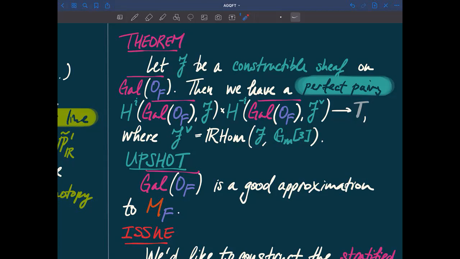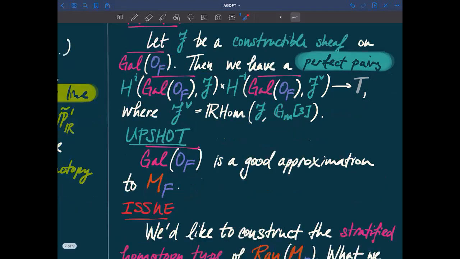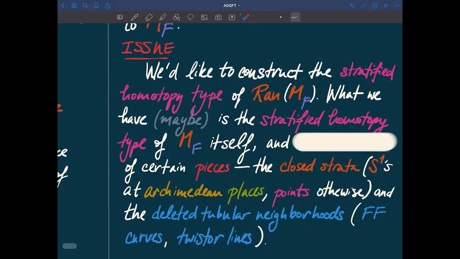So this is the theorem that we can prove. It's still perhaps a little unsatisfying because it doesn't involve the sort of more sophisticated fix to the deleted tubular neighborhoods of points, but nevertheless, this duality theorem is true. And so we sort of think of this gal OF bar as a good approximation to this gadget MF. But that wasn't the mission that I started out with. The mission that I started out with was to construct the Ron space of MF, at least well enough to identify its constructible sheaves. So I've constructed something that looks like maybe a good approximation to the stratified homotopy type